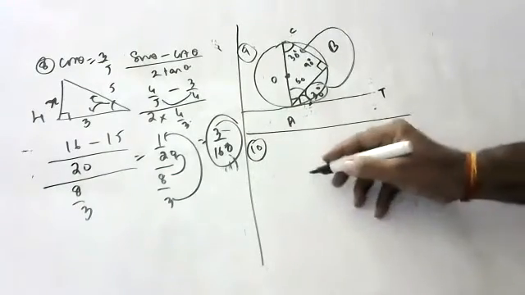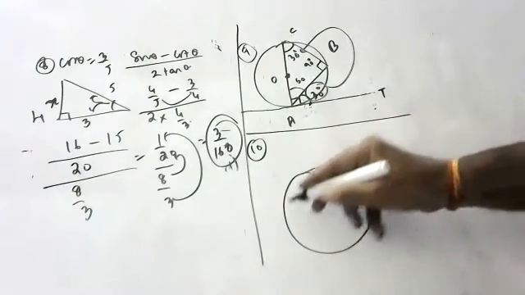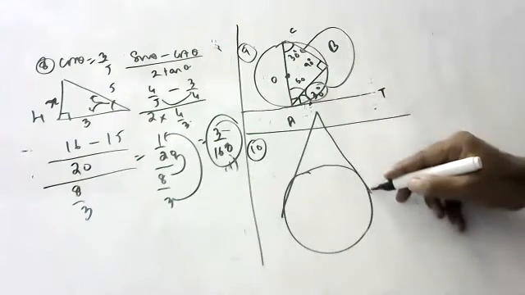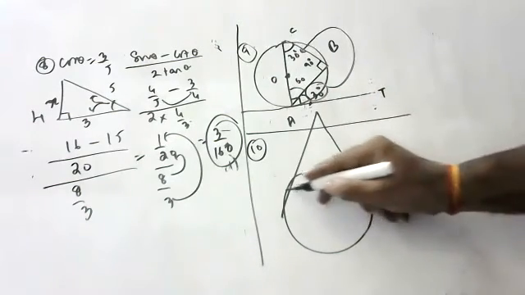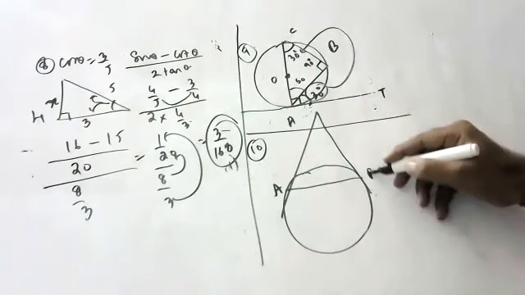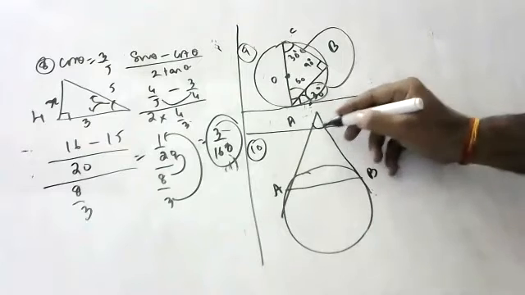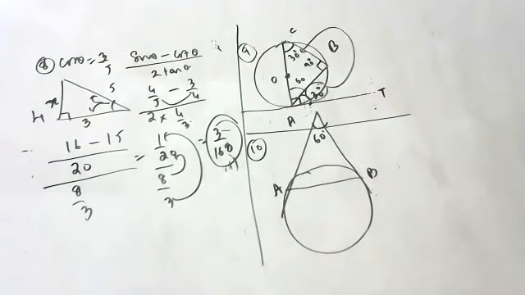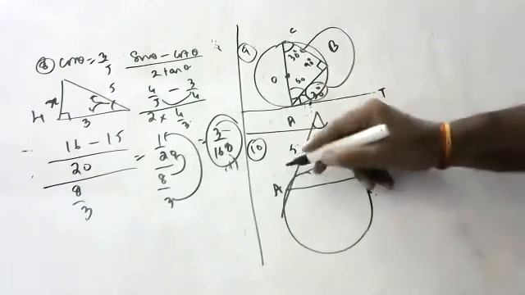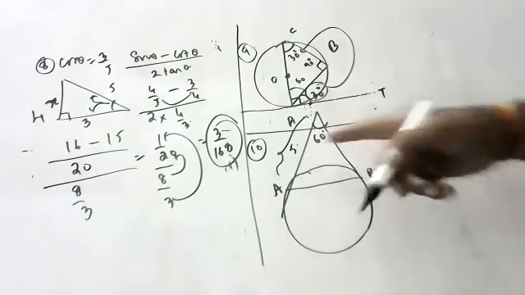Next question, children. This is a circle and tangents meeting at a point are equal. This is a chord AB, and this angle is 60 degrees, children. The question is, find the length of chord AB. They said this is 5 centimeters, children.